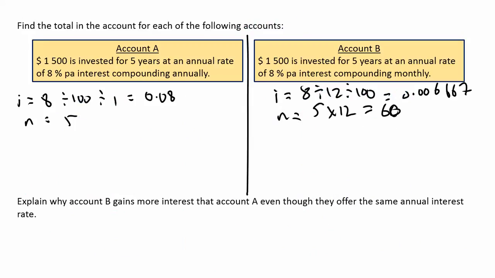In the next question, you're asked to compare the difference between $1,500 for 5 years invested at an annual compounding figure versus a figure that compounds monthly. Before starting, list your interest conditions, number of times it's compounded, and over here, 8 divided by 12 divided by 100,